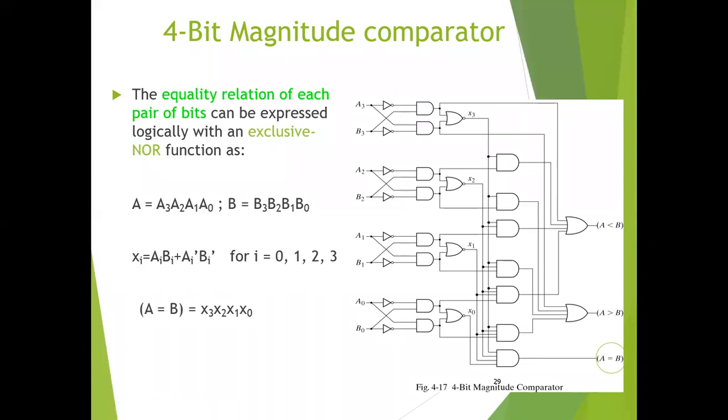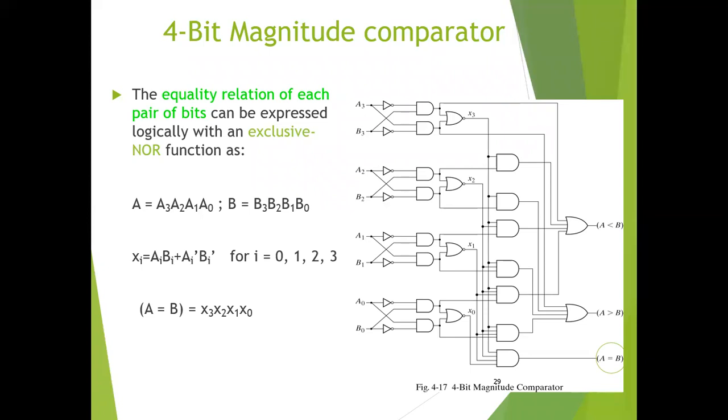The comparison of two numbers is done in most operations, when we compare which number is greater than, equal to, or less than the other. A magnitude comparator is a combinational circuit which compares two numbers, A and B, and determines their relative magnitude. The outcome of the comparison is specified by three binary variables which indicate that